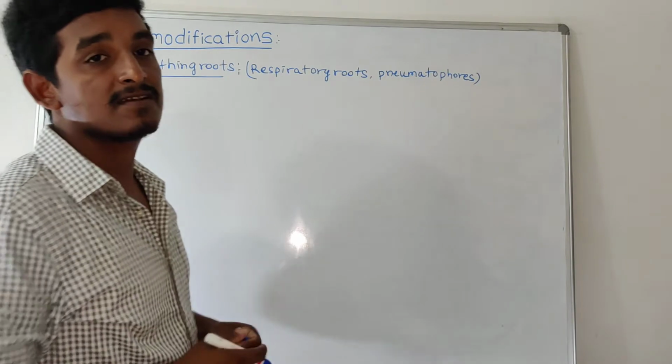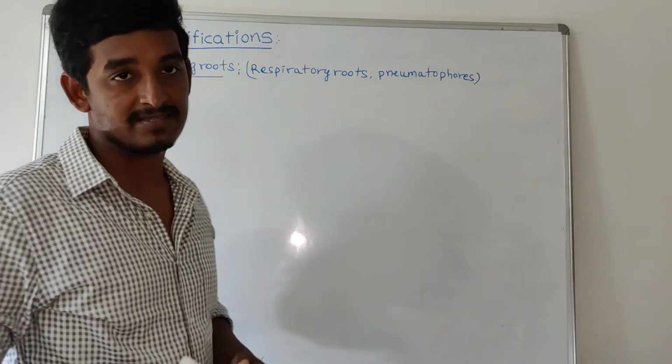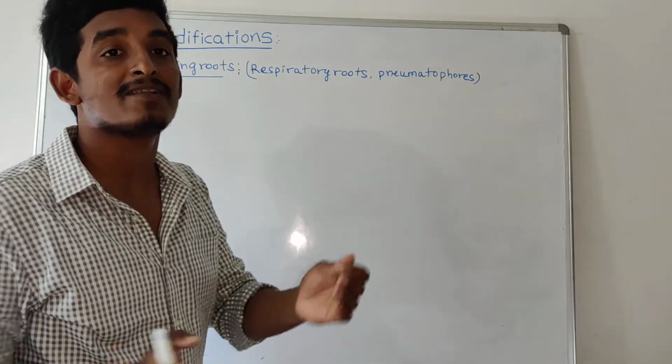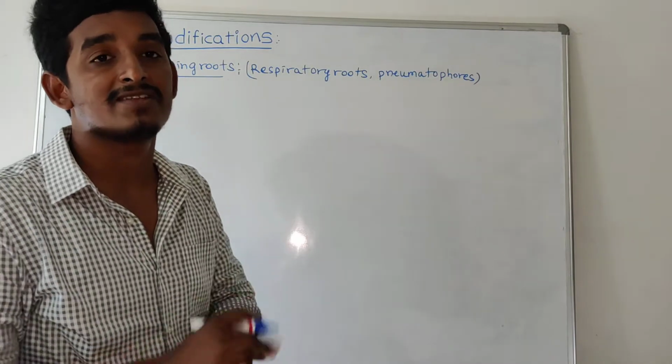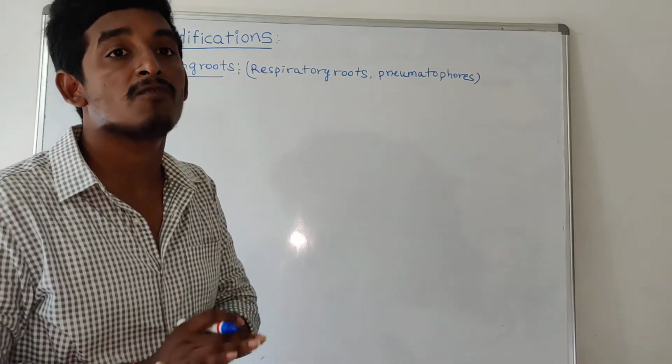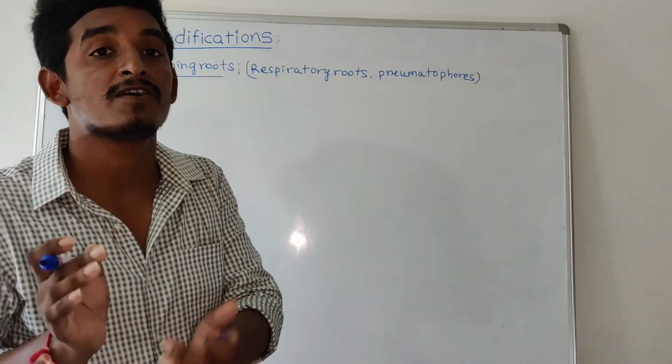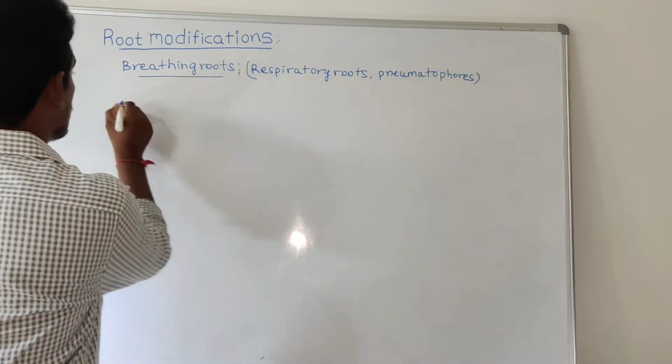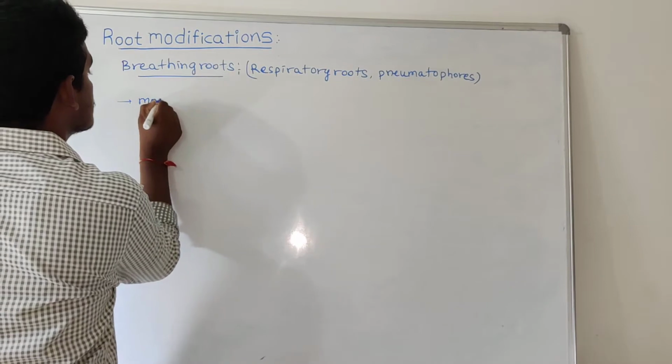In some plants, it grows in mangrove areas. Mangrove areas are completely waterlogged. This means there is no proper amount of O2. It is not available for plants, right? So in mangrove areas,